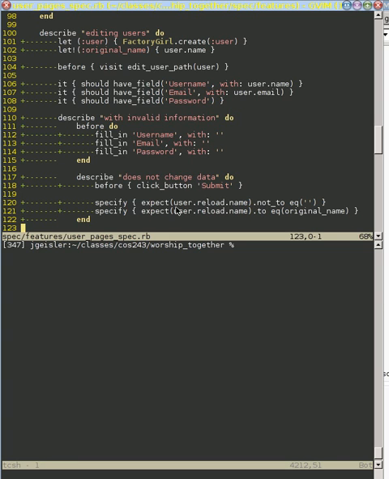And so what we do is we do this expect the user.reload, and that's new as well. This is the second thing I wanted to point out. What we're doing with the reload is that we actually go to the database and refetch the data from the database. And the reason we want to do that is because user was populated in memory here from Factory Girl. And if we made a submission and updated it, our in-memory value is not going to change to reflect the updates to the database. And so we have to call this reload command to say, hey, go get what was